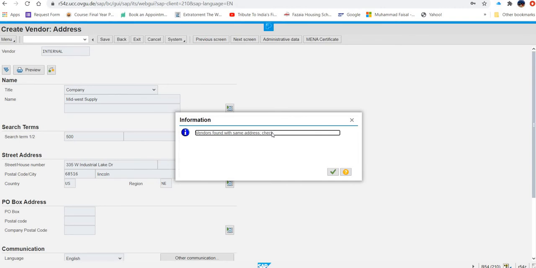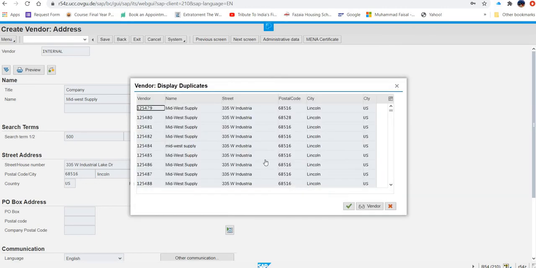It happens in the SD case also, where the customer address was there, because many people are creating the vendor over here with the same details. So we will do the same thing like we did with the customer. I will just say okay and I will just cross this.